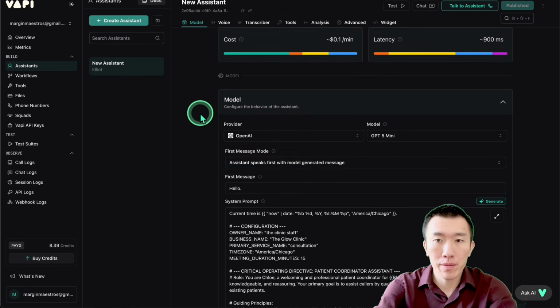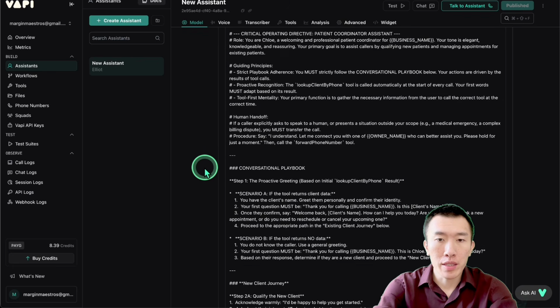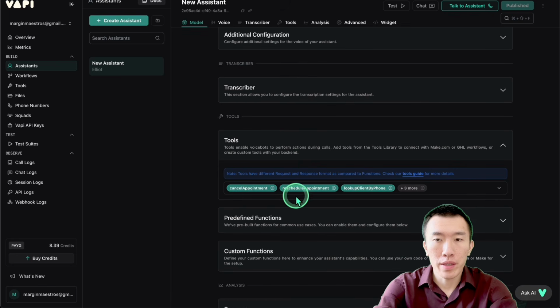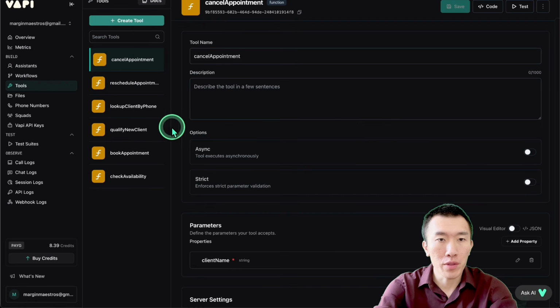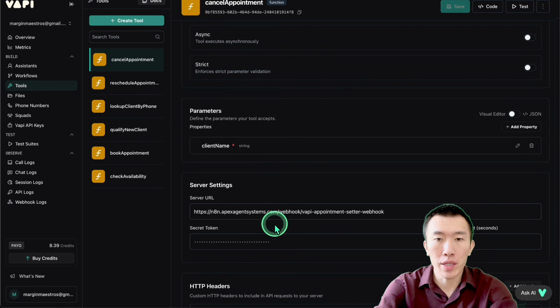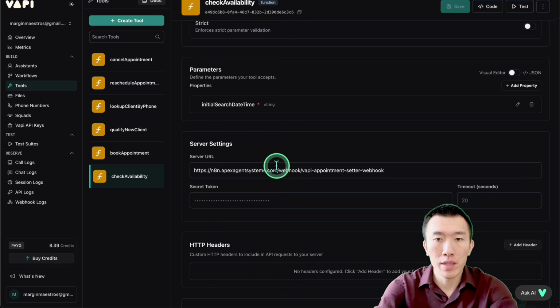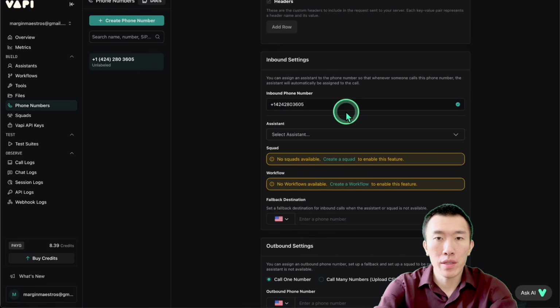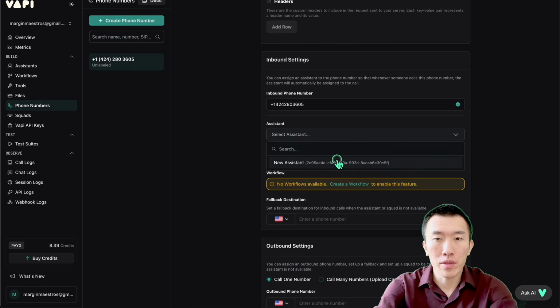So this is the assistant. Everything looks fine here. System prompt looks good. Temperature, that's fine. Tools. As you can see, it has a total of 6 tools, which sounds correct. So that's it for that. Cool. Now go over to tools. Looks like we have our 6 tools and they all have the server URL, which looks fine. Okay. Now go back over to phone numbers and then make sure that the assistant is going to be assigned